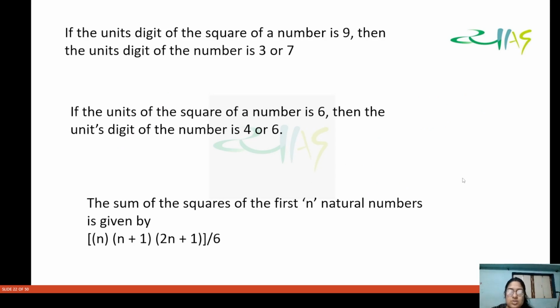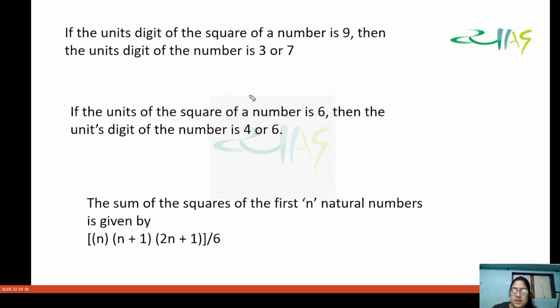तो ये प्रॉपर्टीज रिवाइज करते रहेंगे तो आपका जो स्क्वायर वगैरह का कॉन्सेप्ट है वो बहुत ही क्लियर रहेगा। And देखिए, sum of the squares of the first n natural numbers is given by n(n+1)(2n+1) divided by 6, all right. तो इसको भी याद रखिएगा।